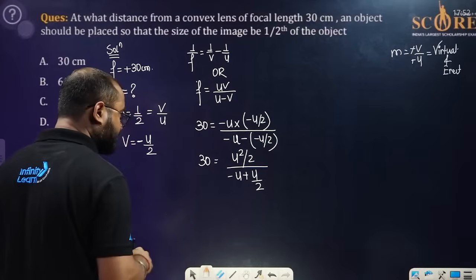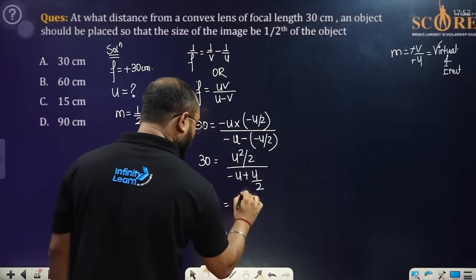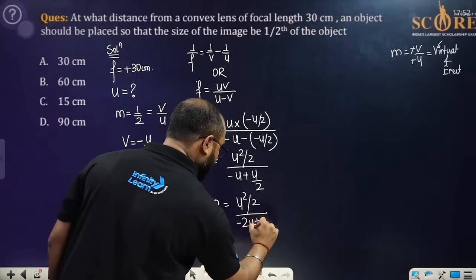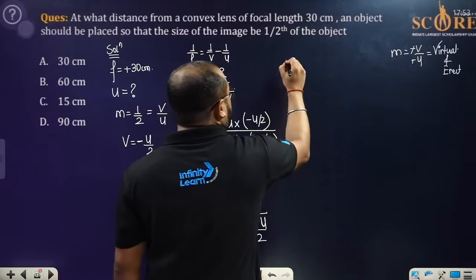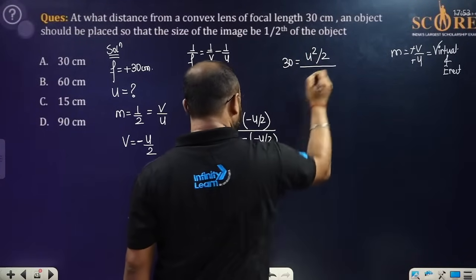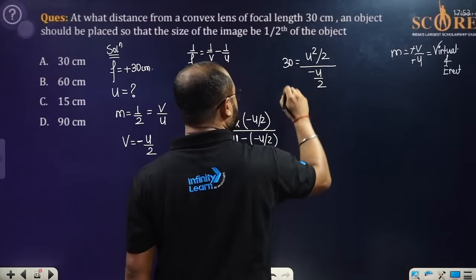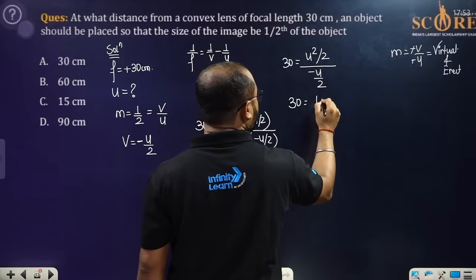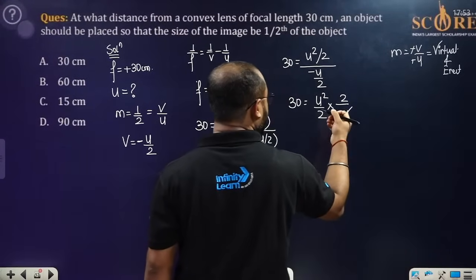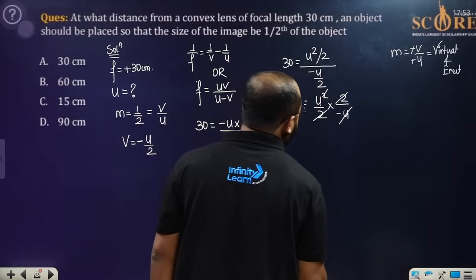Okay, so it is going to be 30, which is u square by 2, and this is going to be minus 2u plus u divided by 2. So 30 will be equal to u square by 2 divided by, this is what? This is going to be minus u by 2. Solve it, everyone. 30 will be equal to u square by 2 multiplied by 2 by negative u. This and this is cancelled out. This and this is cancelled out. What we are getting over here is